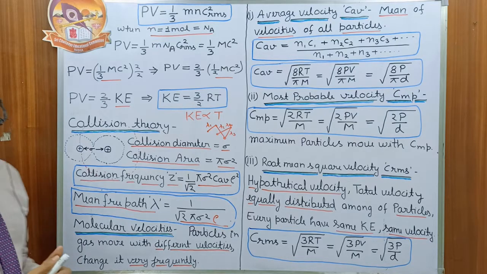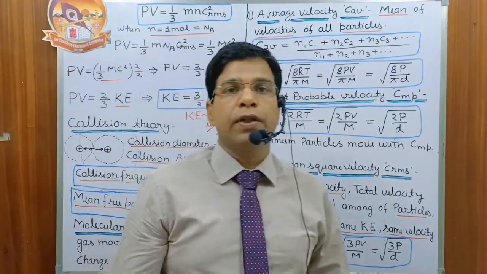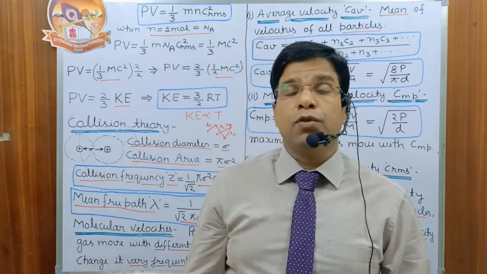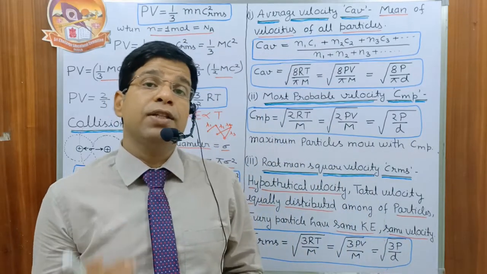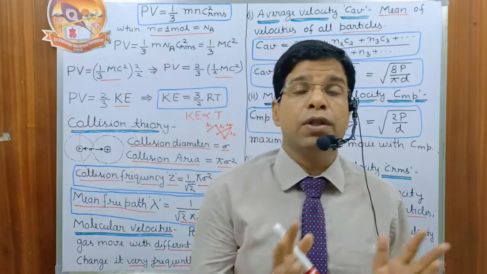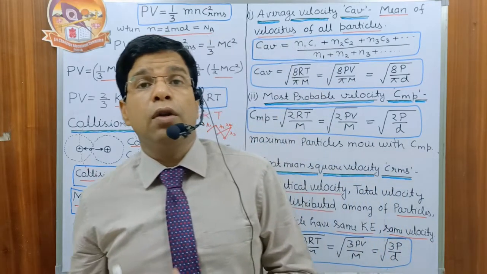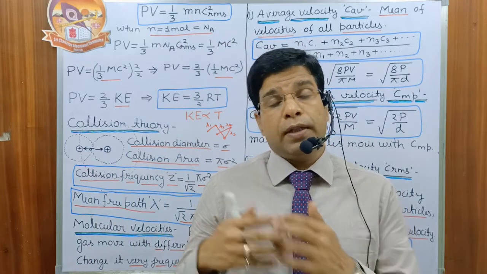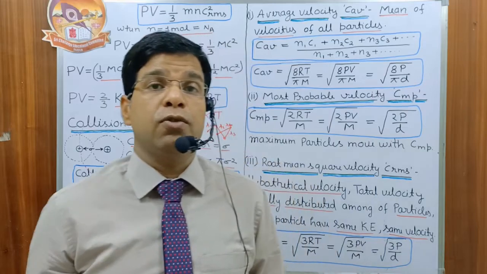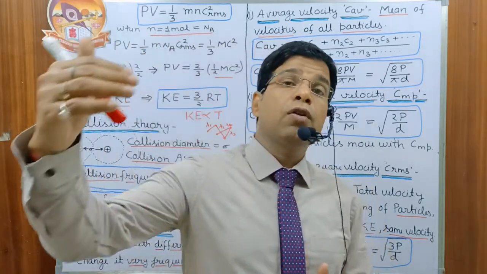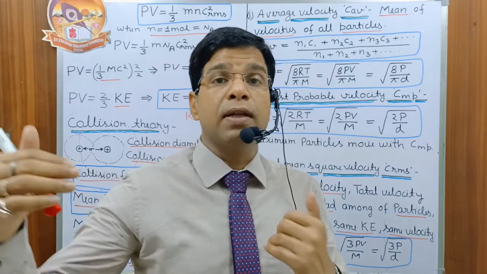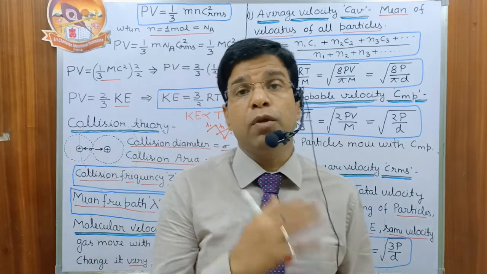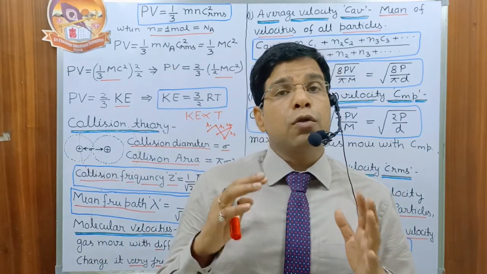Now we have the molecular velocity. What is the molecular velocity? Gas molecules are in frequent collision with each other. After each collision they change their direction as well as their velocity, because I have told you that collisions are perfectly elastic. The molecules neither increase nor decrease the total energy, but they can exchange the energy. After the collision one molecule may have more energy and the second molecule less energy. The molecule with the higher energy moves with higher velocity, and the molecule with less energy moves with less velocity.